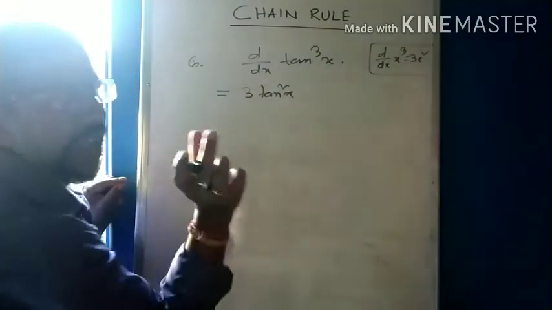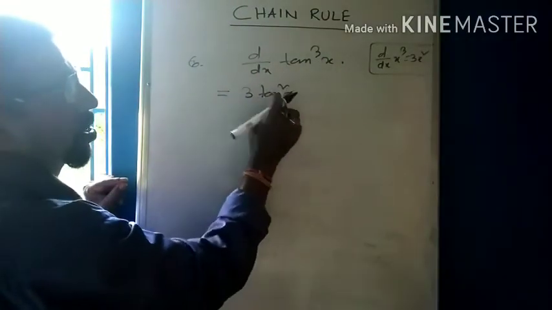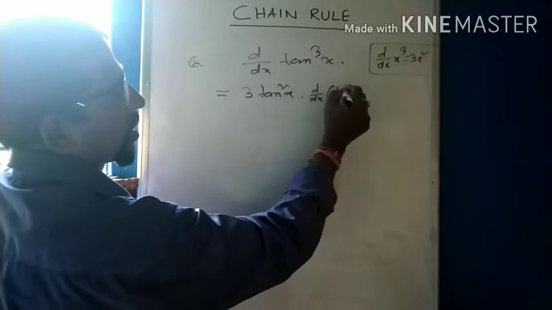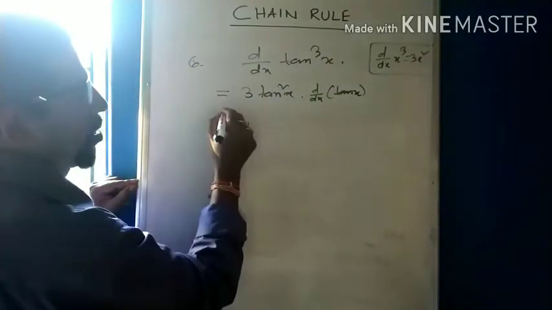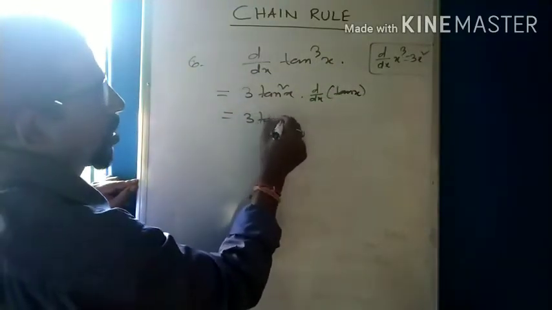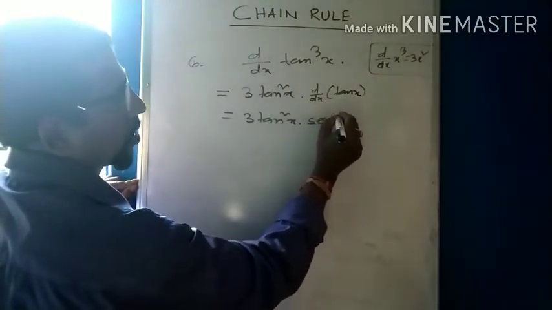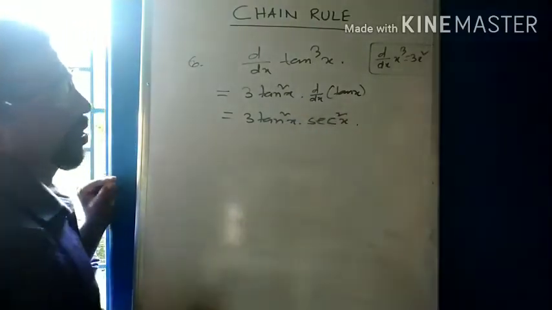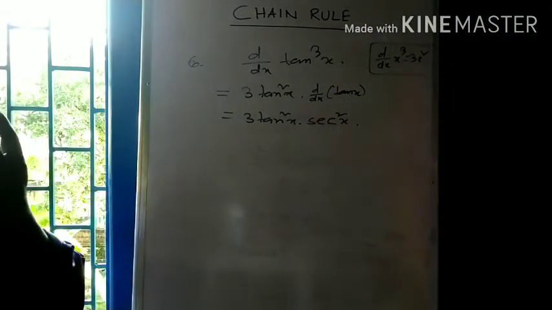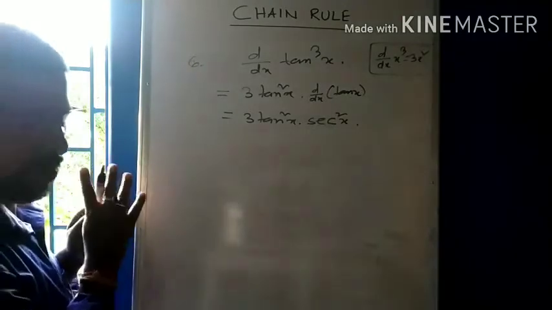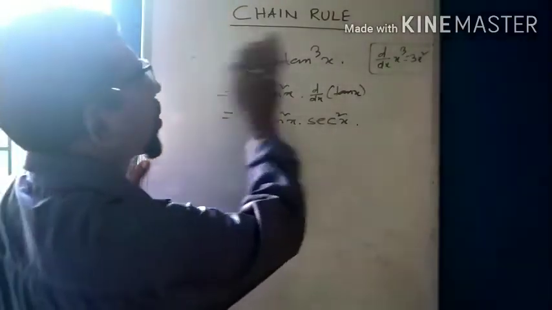3x square. Here x is tan x, so 3 tan square x into, we have to differentiate tan x, which is there instead of x. So it will be 3 tan square x, and the dx of tan x is sec square x. So 3 tan square x into sec square x. So similarly, we can do more